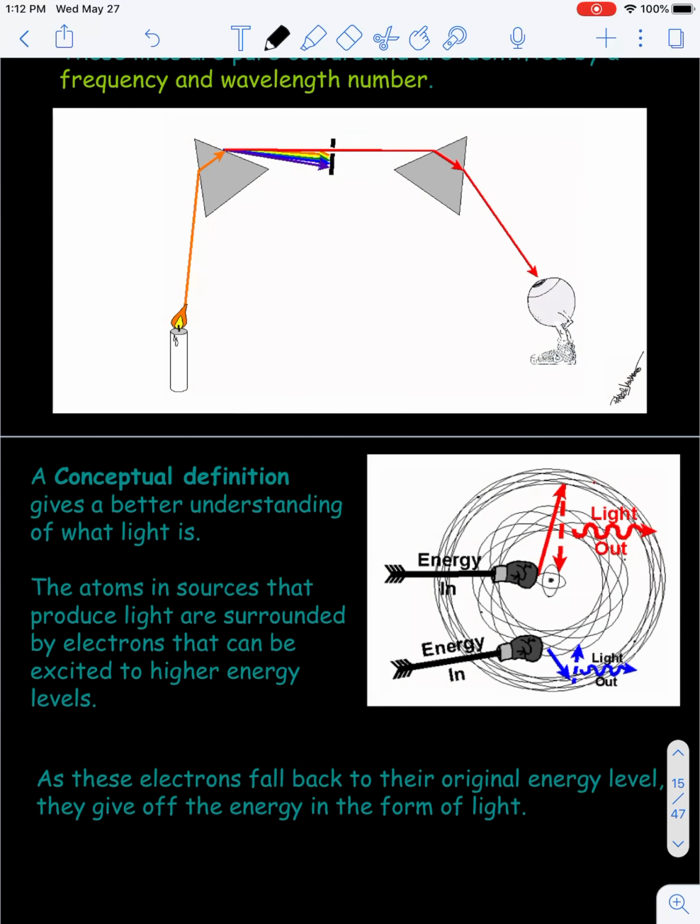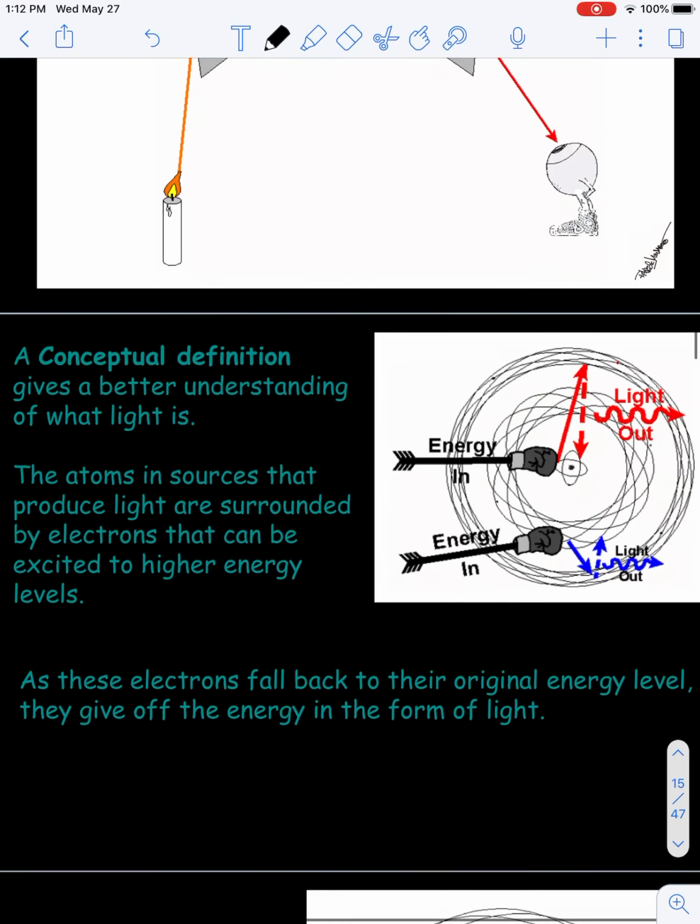So, here's a conceptual definition, which gives us a better understanding of what light is. The atoms in sources that produce light are surrounded by electrons that can be excited to higher energy levels. As electrons fall back to their original energy level, they give off the energy in the form of light. So excited electrons, so energy in, and then they fall back down and they release that energy in the form